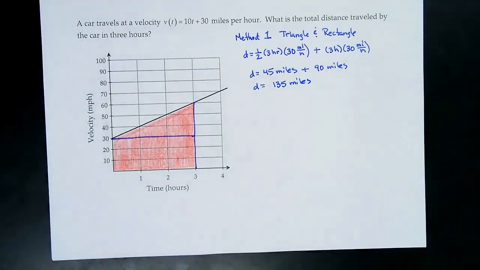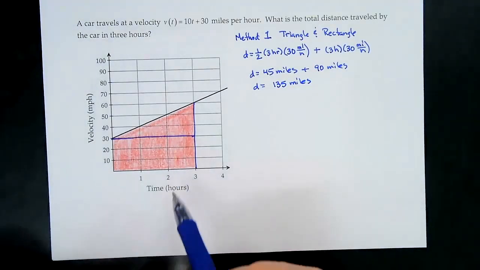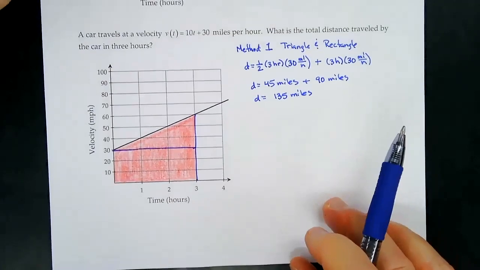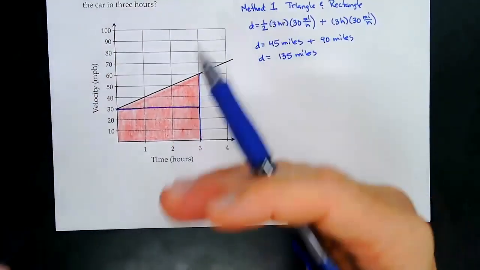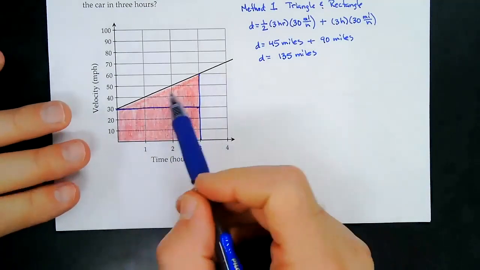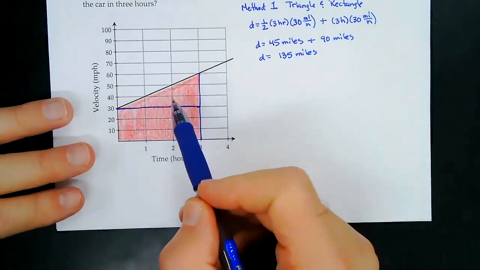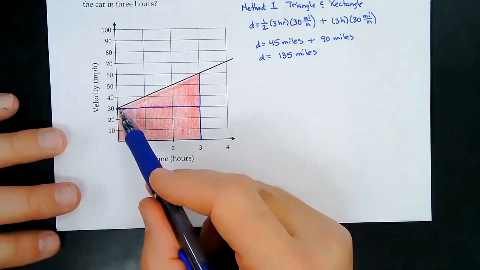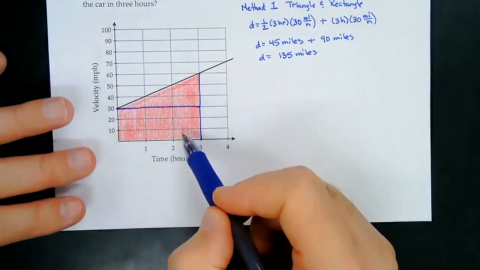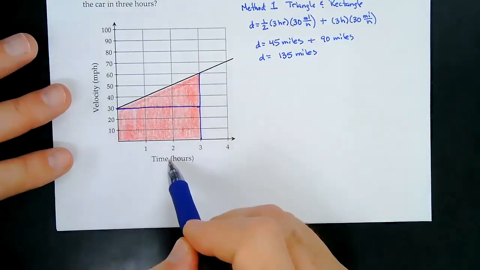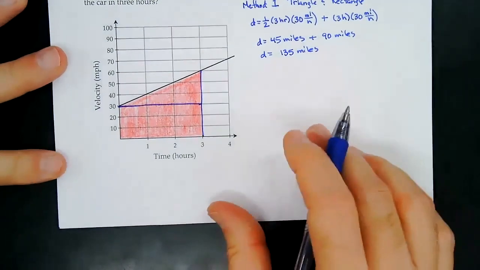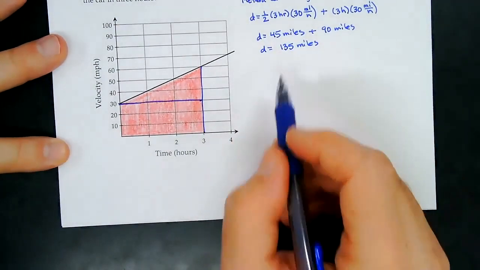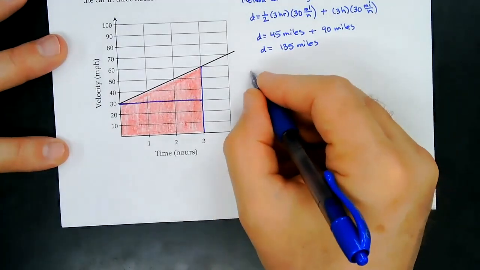So that would be how far it traveled, because that is the area, and the area represents, even from this question up here, the distance traveled, okay? So the area between the curve and the x-axis, now in this case it's not a curve, it's a straight line, but we can call that a curve, for a velocity time graph gives us the distance traveled, okay? So another method to do the same problem, and we'll still get 135 miles, and method 2